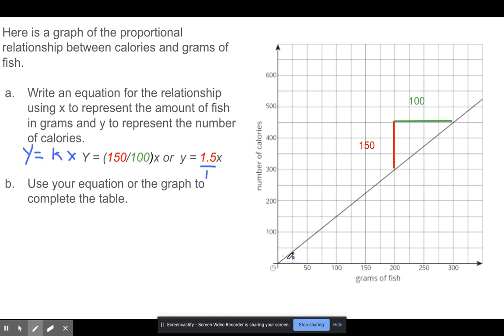And we can't see that because the scaling on the graph is so large. So it is worthwhile to do the division. And even though we have 1.5,